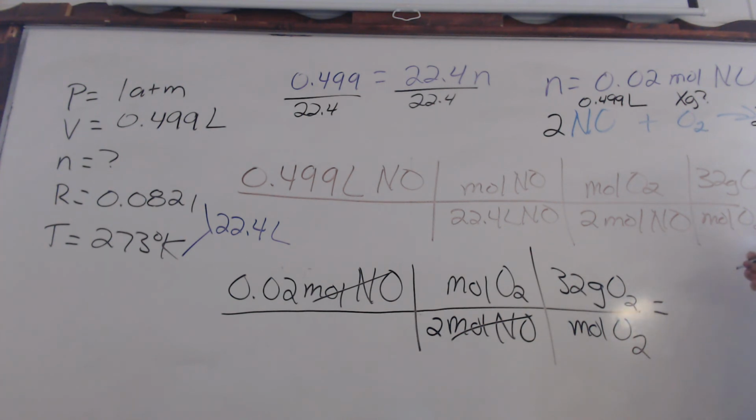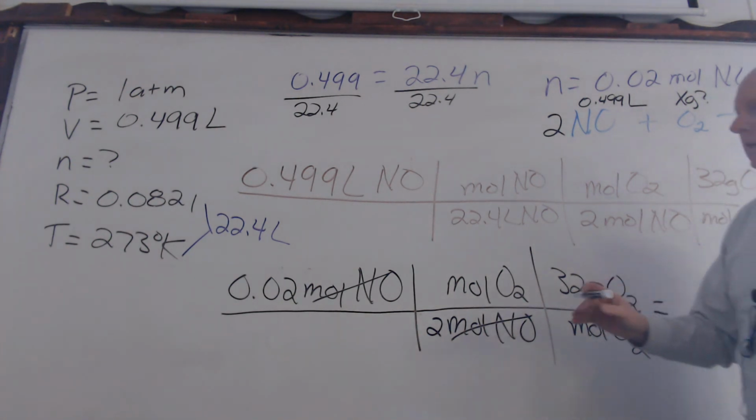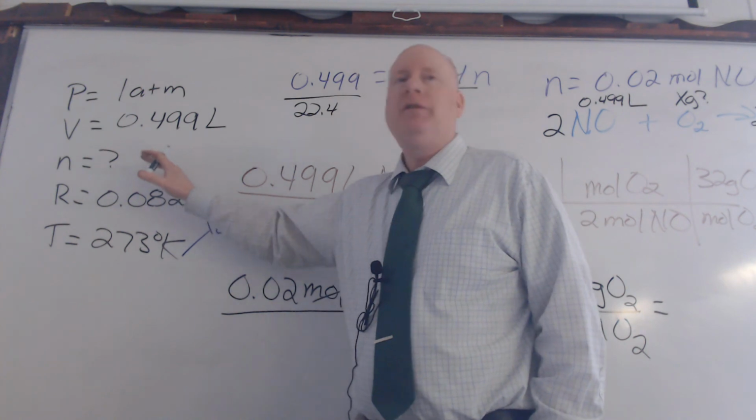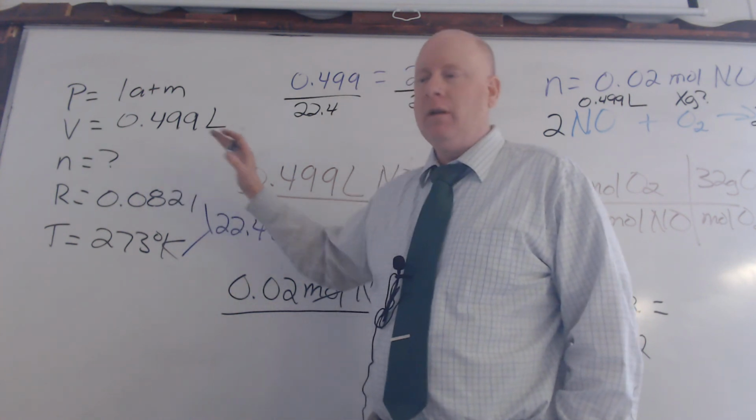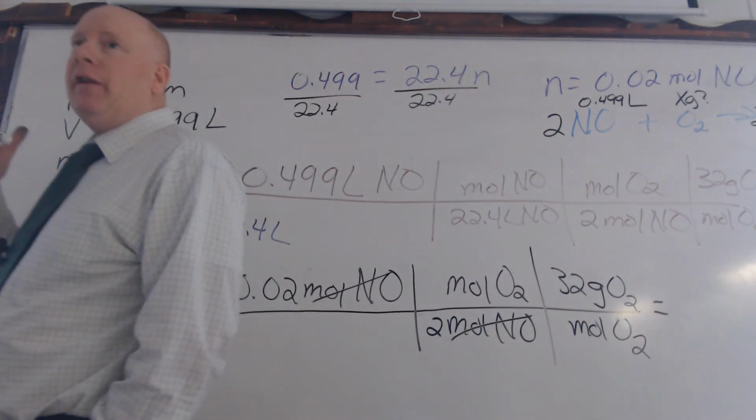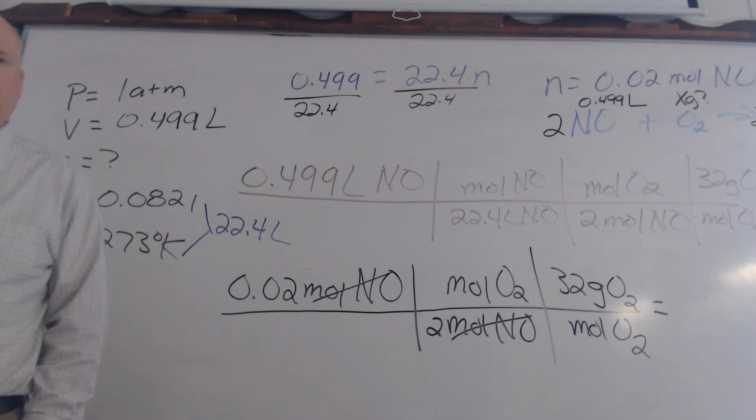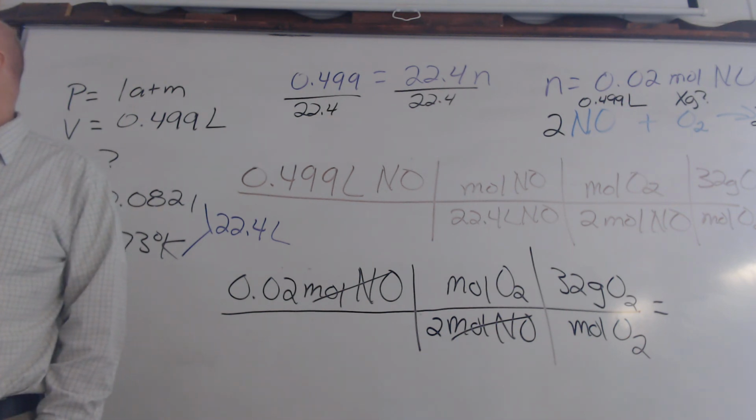And I think you get like 0.36 for one of these and 0.32 for the other. But I think for this, I just multiplied by 44, and that's probably why I'm off just a little bit. But again, choose which one you want if it's at STP. If it's not at STP, then you have to use this ideal gas law. All right, so hopefully that gets away from any of the confusion that we've had for